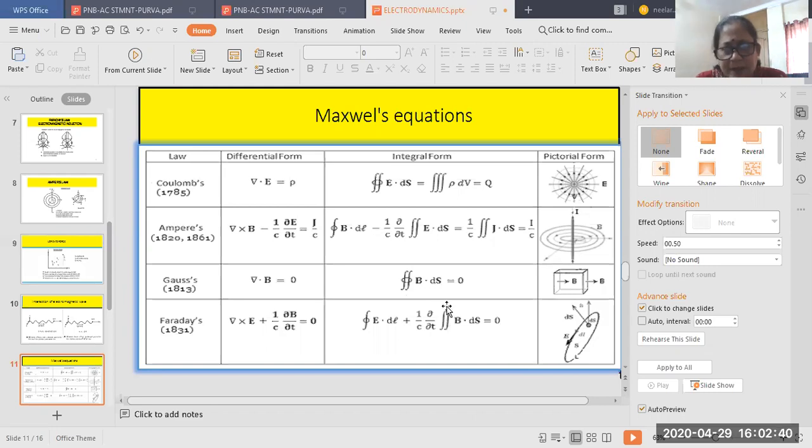Thereby, that is why I am taking a double integral. A double integral is nothing but a closed integral here. Because it's a closed surface, so dS is closed, I am taking a closed or double integral. Okay, so this is about Faraday's law in the differential form and the integral form. You see here change in electric field, that is the first part, and this is change in the magnetic field. The linkage of the magnetic flux is given by the second factor, and change in the electric field is given by the first, and they are opposite of each other. Okay, so that is about Faraday's law.